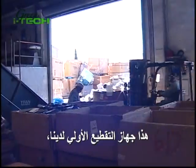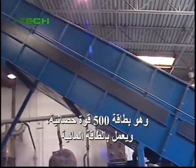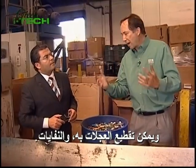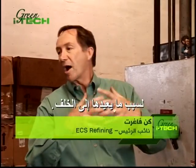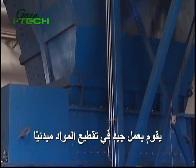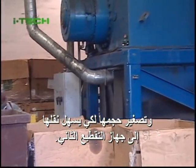This is our primary shredder, which is a 500 horsepower hydraulically driven shredder that is a low speed, high torque shredder. You could shred tires with it, garbage, but if for some reason it jams, it auto reverses and goes back at it. It does a great job of tearing the material apart initially and downsizing it